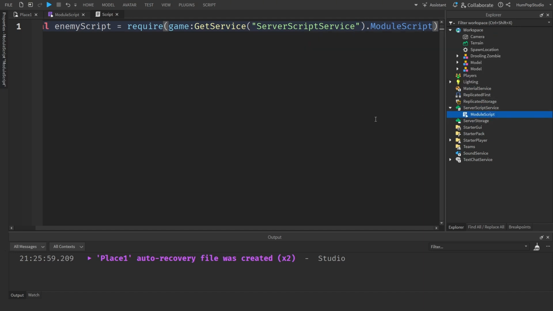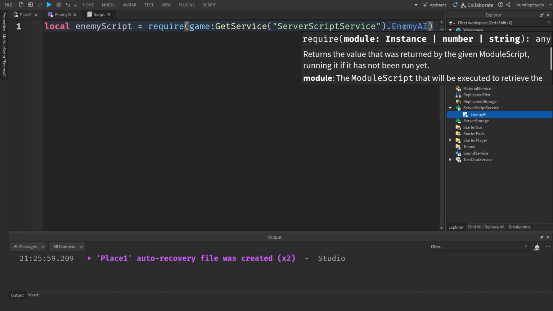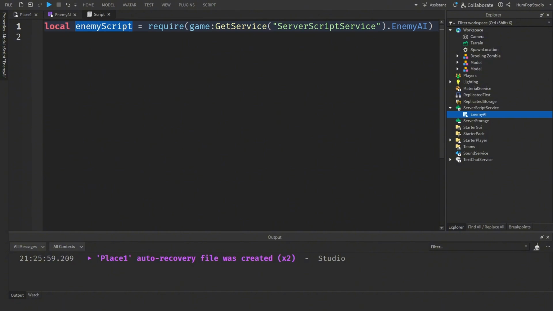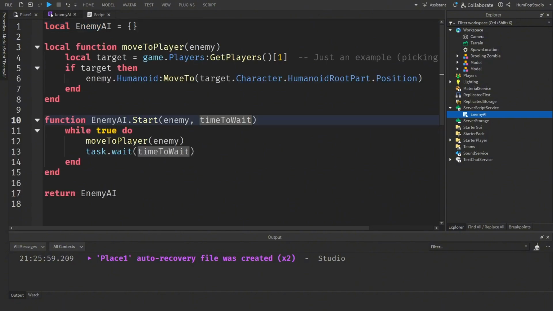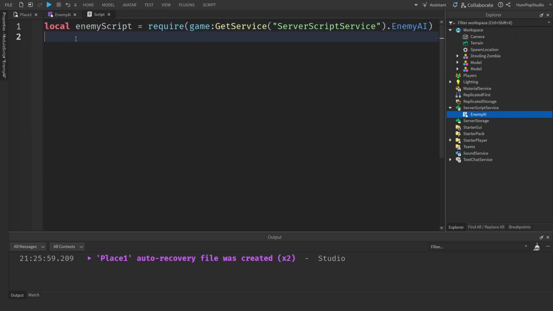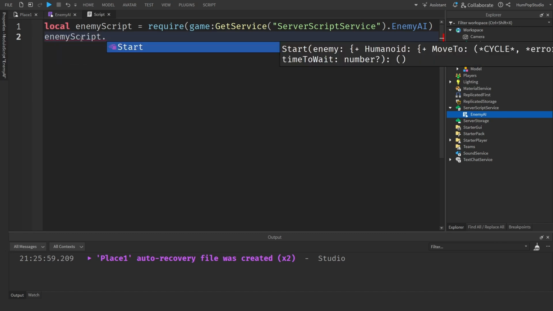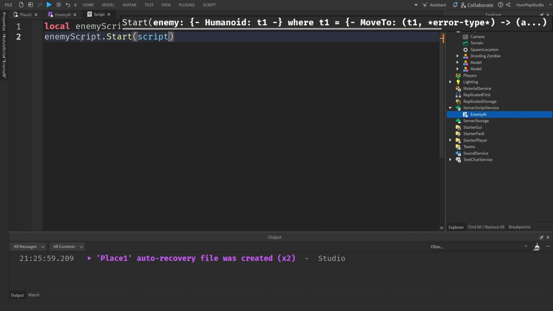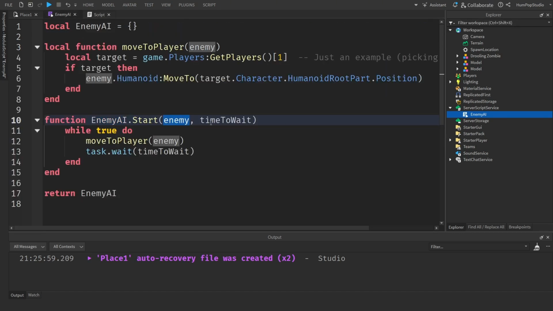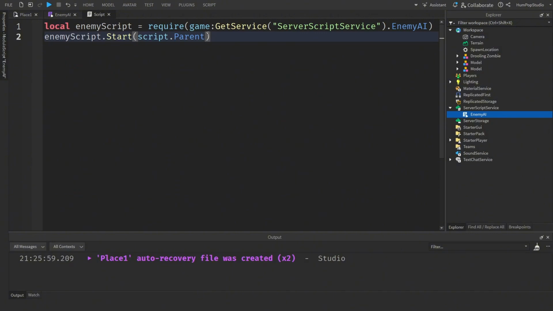So if I change it here to call it enemy AI, then up here we're looking for enemy AI. But now we've got access to everything that's attached to this table that exists in this ModuleScript. So what I can do with this is I can call enemy script.start, and previously we called script.parent to get the enemy, and then we passed in the number 2 for time to wait. So now if I run that,